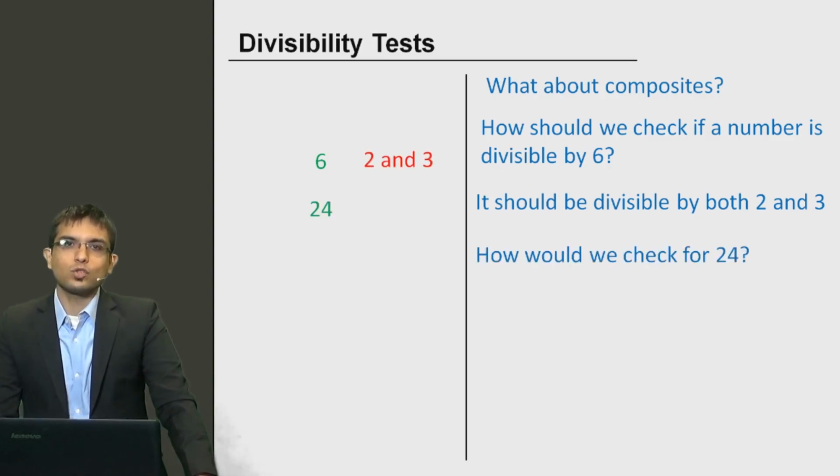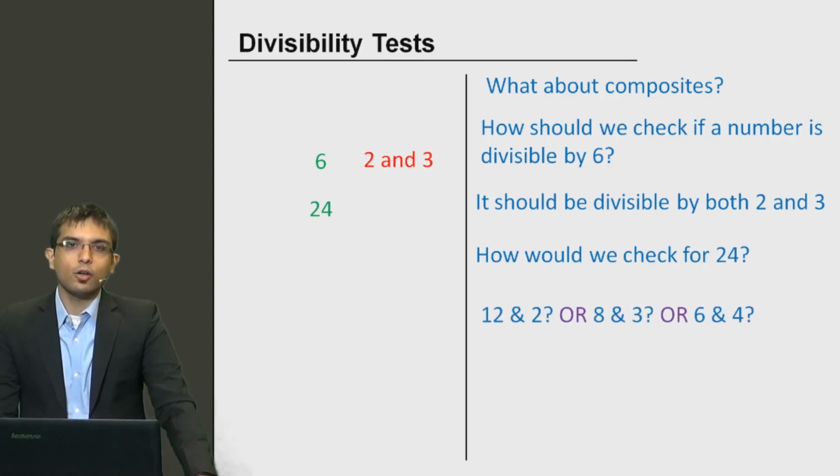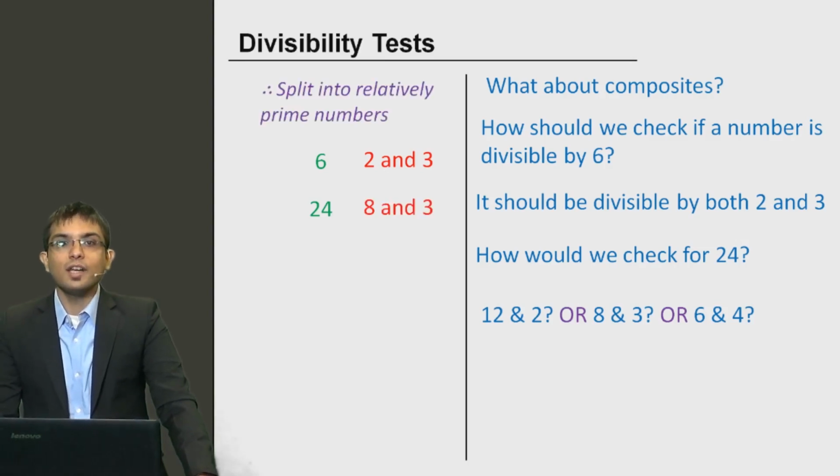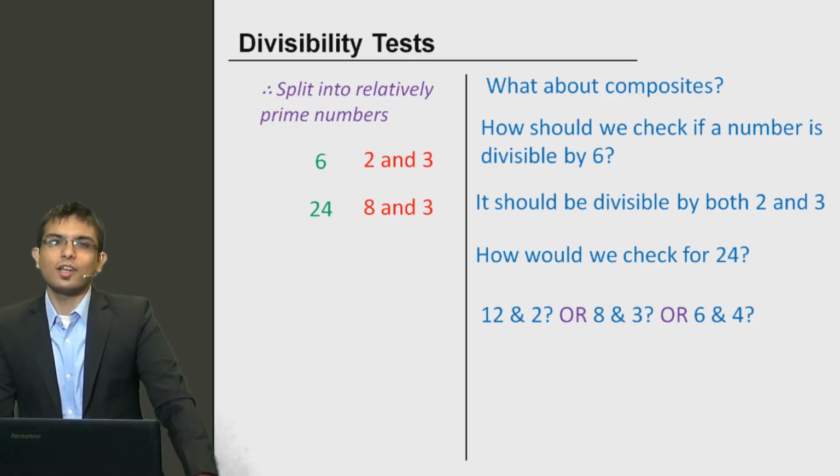ठीक है, that is 24. अब 24 तो बहुत सारे तरीके से बनता है. It is made of 12, 2, 8 3 सा भी 24 होता है and 6 4 सा भी 24 होता है. So 12 and 2 लेना चाहिए, 8 and 3 लेना चाहिए कि 6 and 4 लेना चाहिए. Here we need to understand that we need to take co-prime numbers, या तो फिर वो number जिनका LCM 24 हो. So when you take 12 and 2, वो part नहीं चलेगा because their LCM is 12 and not 24. या फिर in the other word, 12 and 2 are not co-prime numbers.